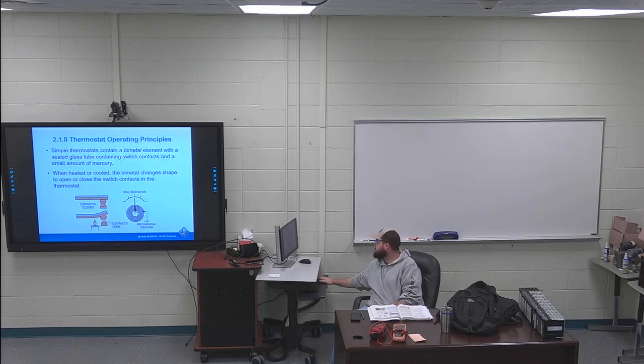So, thermostats, 210, operating principles, second paragraph, first 2 sentences are highlighted. A bimetal element is composed of 2 different metals bonded together. One metal is usually copper or brass, and the other metal is called Invar, which contains 36% nickel. So you can see these two pieces of metal are right next to each other. They expand and contract at different rates, which we can do an engineered calculation for how much they'll move and base a temperature on that engineered calculation. That's how they get a bimetal element to work. That's the old school way of